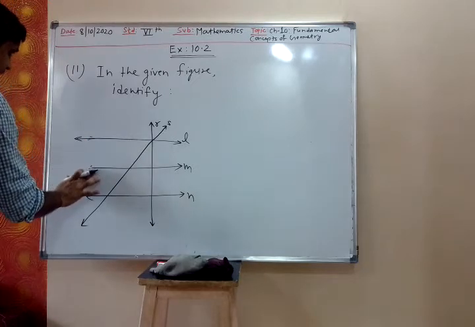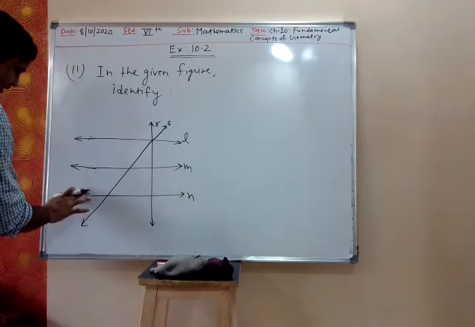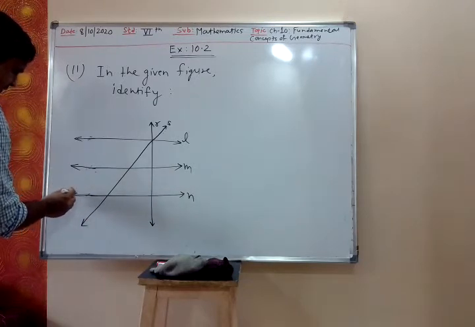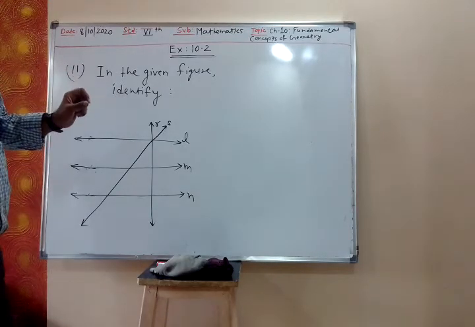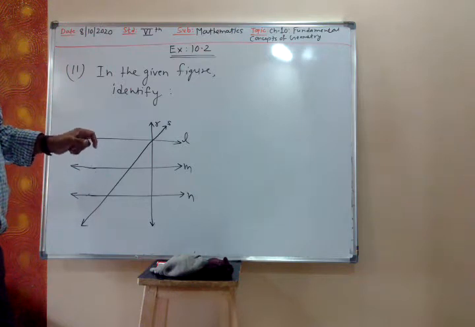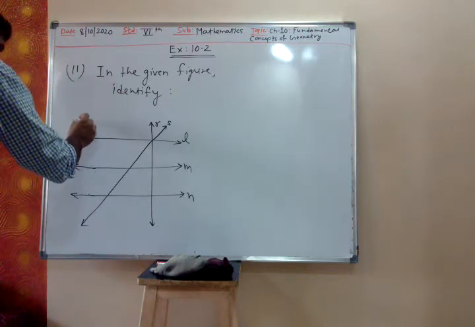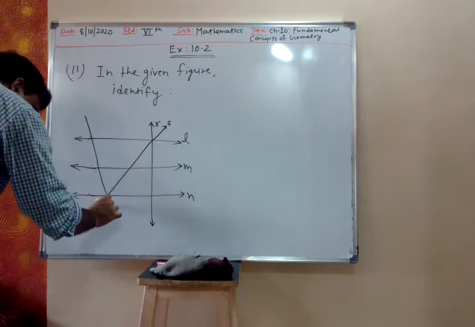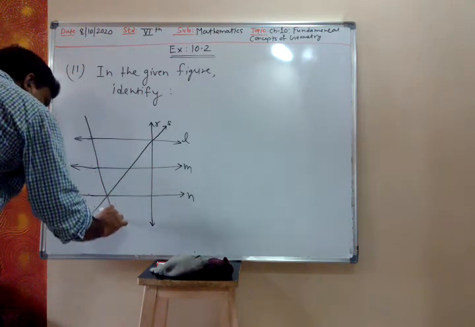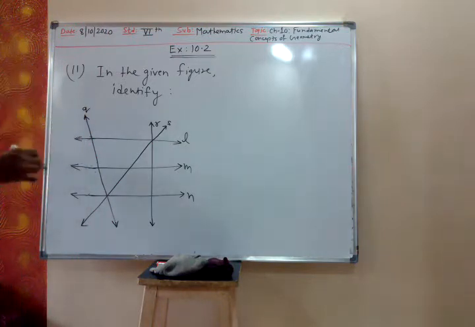No, this is the 11th one. Not for all this: A, B, C, D, E, F, G, H. We want the information from this diagram. So first we draw this diagram. Then we have the Q line.